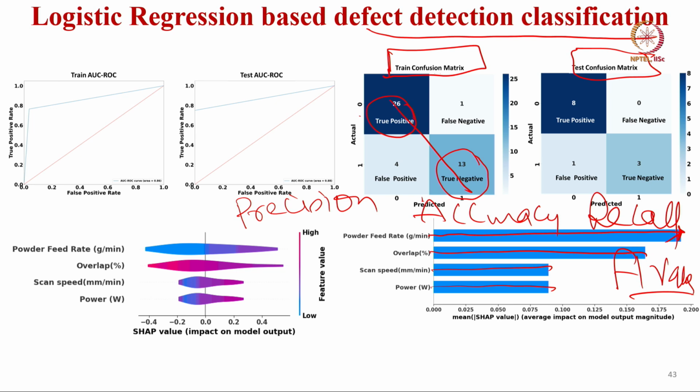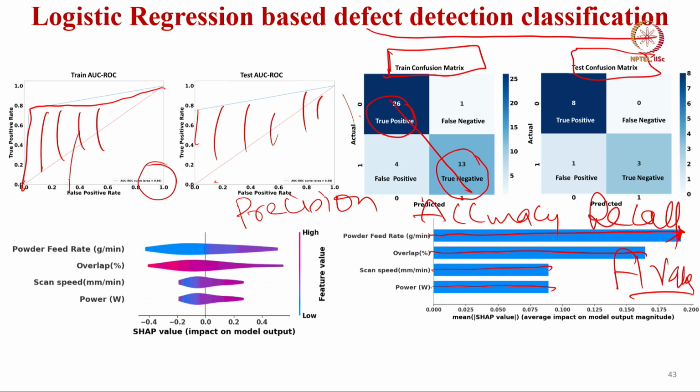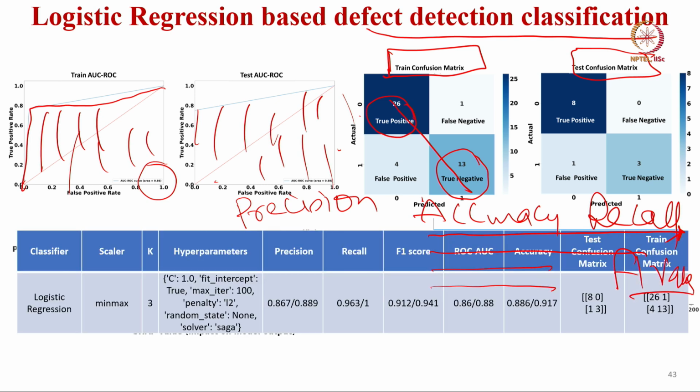In case of training data sets, area under the curve is essentially, you can see the true positive, here the area under the curve is this one, right. In the test case, area under the curve is this one. If it is 1.0, that means a perfect classification, right. If it is 0.5, that means it is half of the area. Here you can see that area under the curve is almost 0.86, and this is around 0.88. So, this is one case for the train and one case for the test.